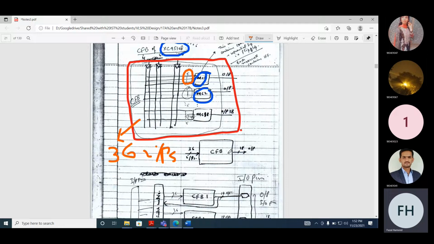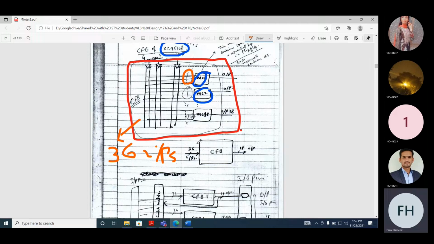Each CFB has 36 inputs. And how many outputs? 18 outputs. Why 18 outputs? Because we have 18 macro cells. These 36 inputs are given to all of these macro cells.